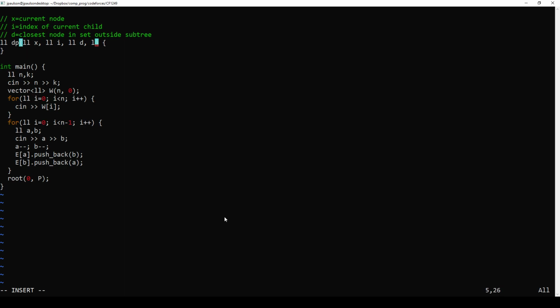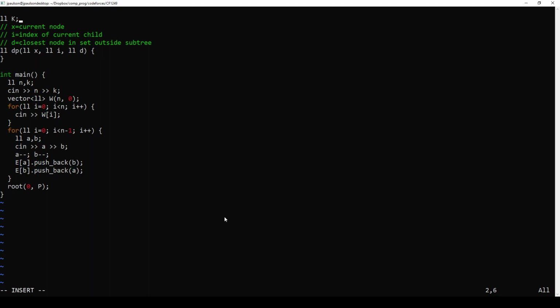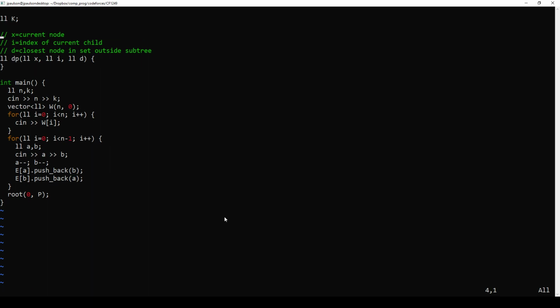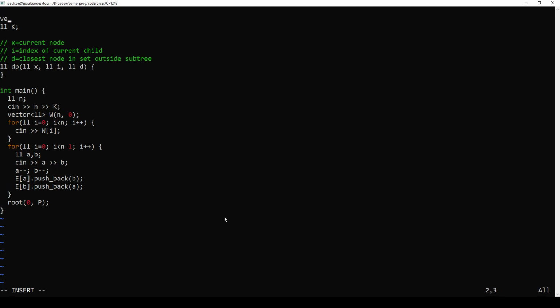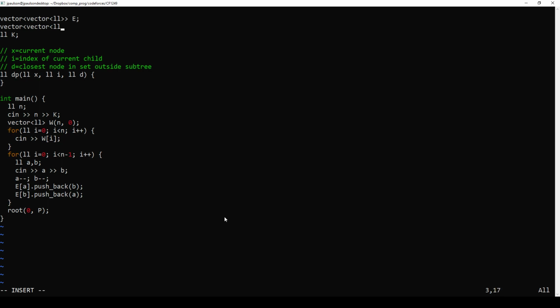And then there's also going to be, let's just say k is some global variable. And we're also going to have the set of edges, maybe a set of children. Maybe we'll just call that